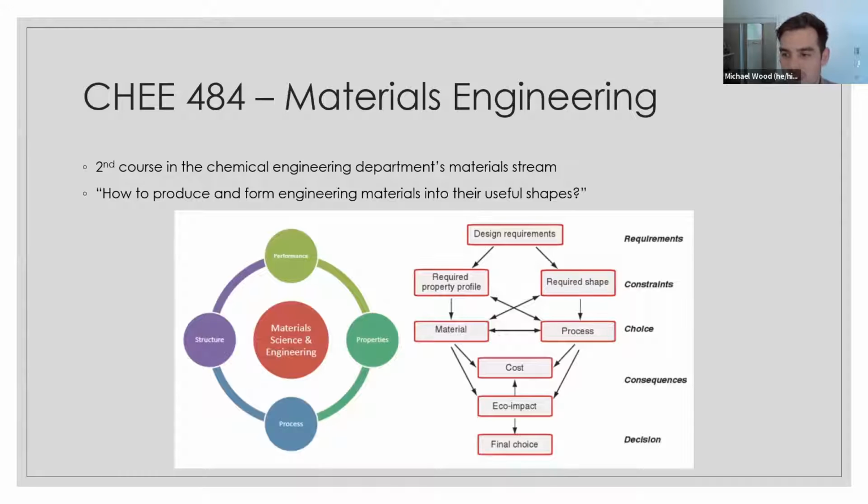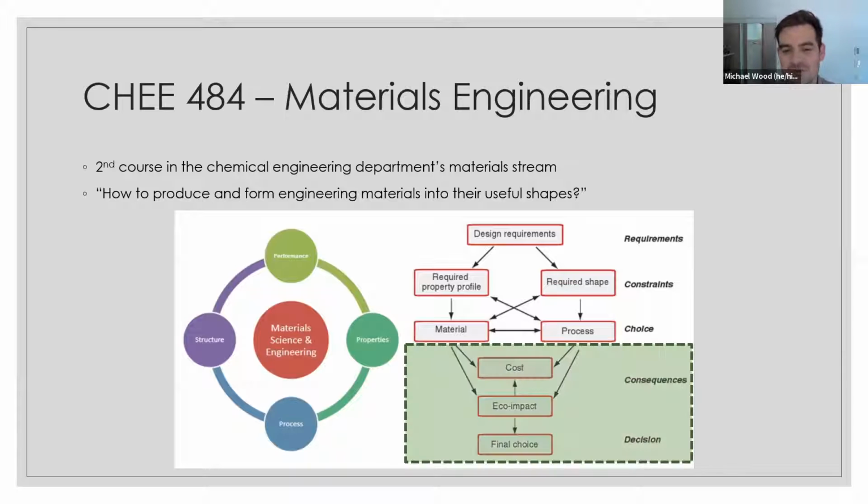So what requirements do I need for my material? How do I choose a material? How do I form that into its shape? That's all great. I think what was missing is a little bit of these consequential and final decision-making aspects. And so this is what we really wanted to focus on here. Especially, maybe you'll see, we focused a lot on the eco impact,